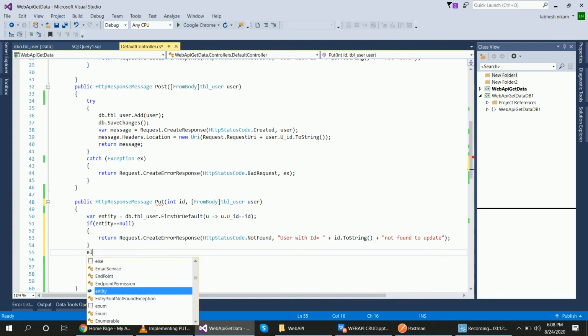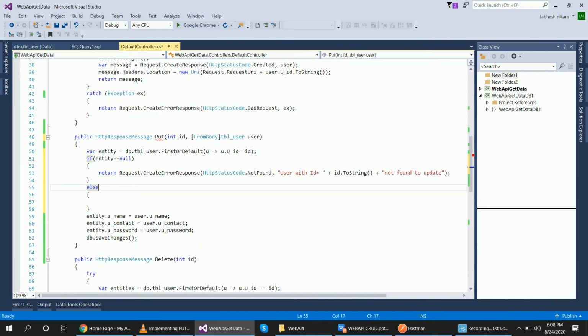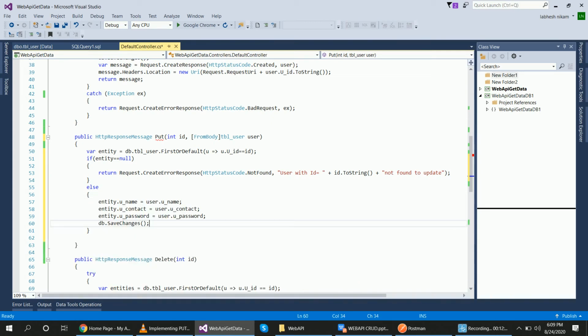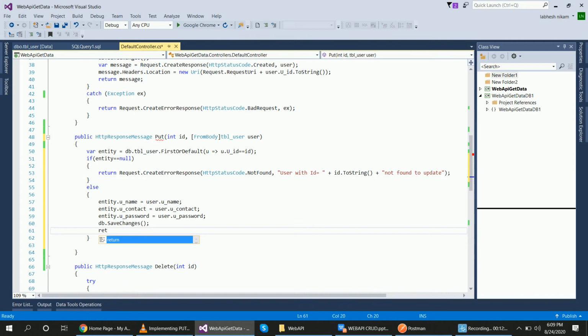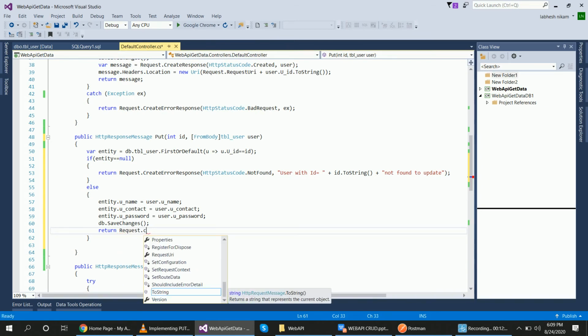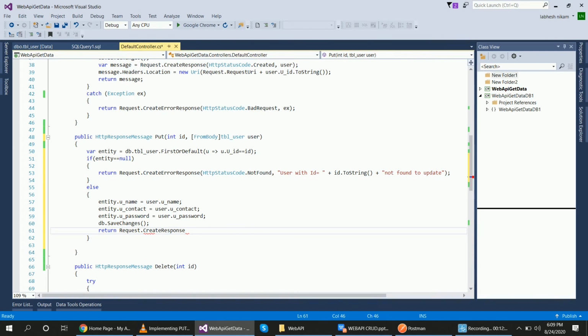Else, if the update is successful, then put this code here and pass the message: return request.Create. Now CreateErrorResponse, not CreateResponse. And HttpStatusCode.OK, and pass the entity variable.